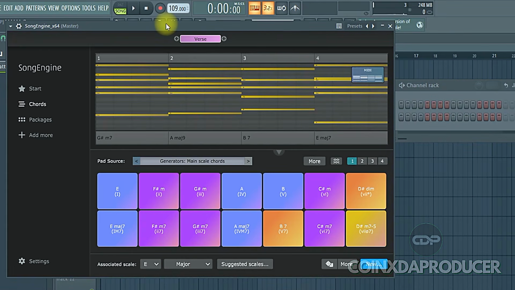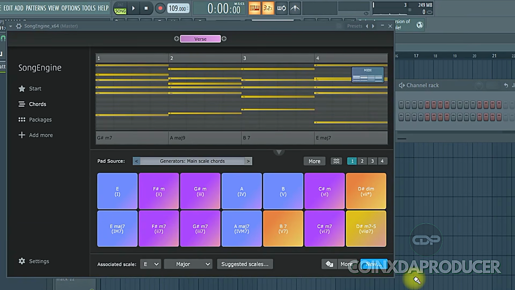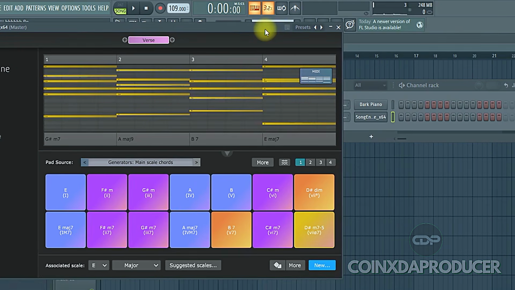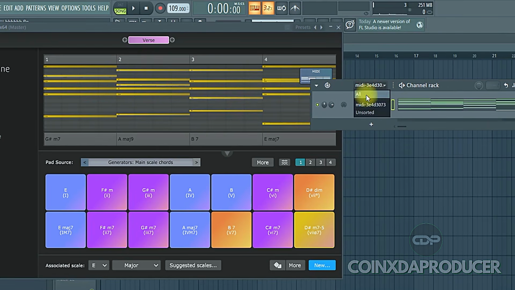But before that, it's important to deactivate this so that when you hit the space bar, it will sync the plugin to your DAW. Alright, so let's say we now have our chord progression. The next thing to do is to drag it. Take for example, you are satisfied with this. You can drag it from here onto your project, and as you can see, we now have the chord